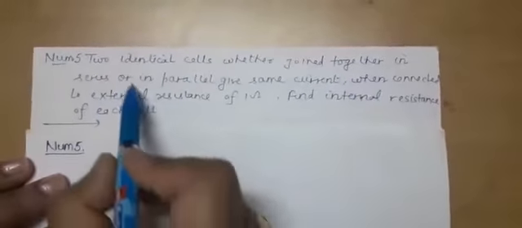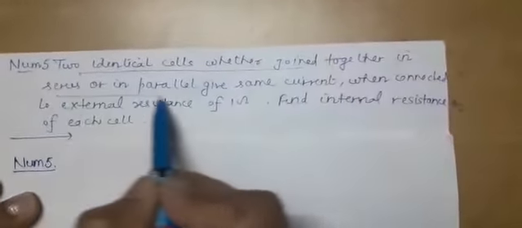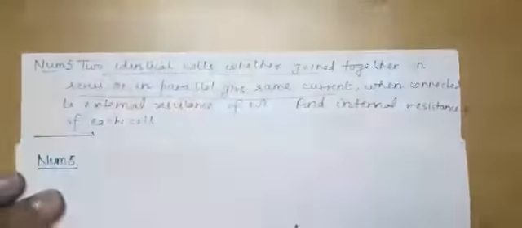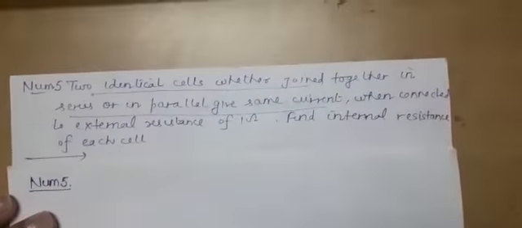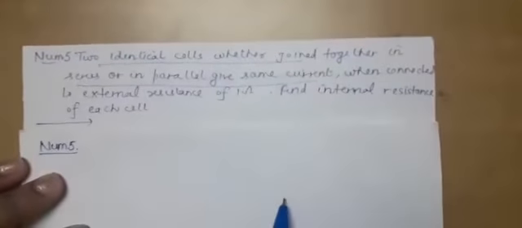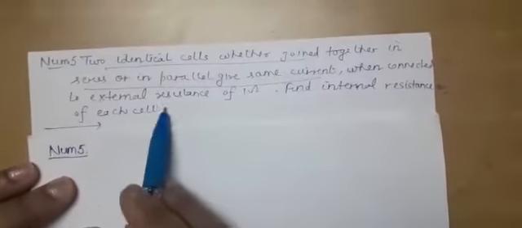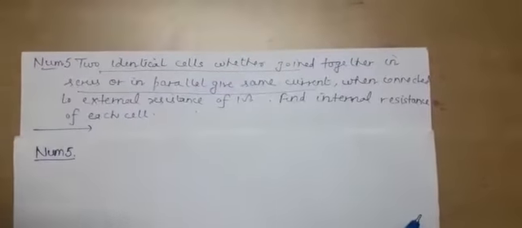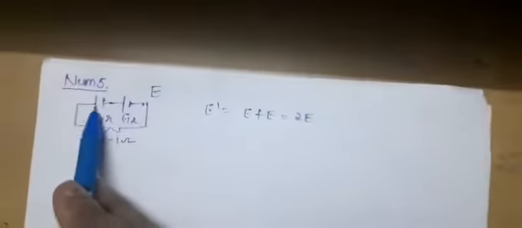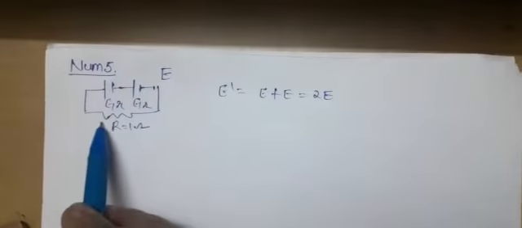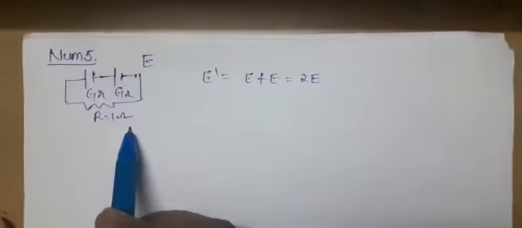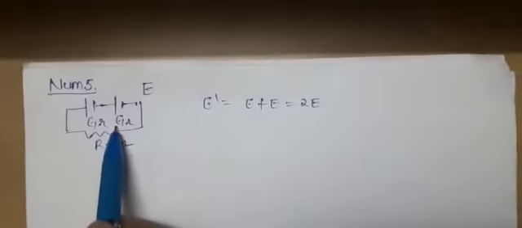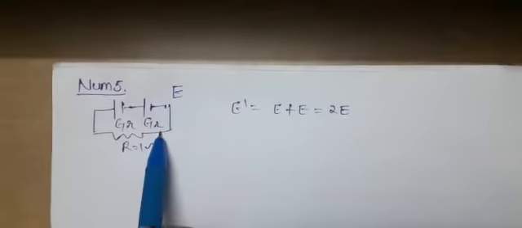So here the key point lies only in this statement. From here you are getting the condition that the same current is flowing for each of the combinations. When these are connected to an external resistance of 1 ohm, find the internal resistance of each. So as per the statement, the two cells are connected in series and this is connected to an external resistance of 1 ohm. If E is the EMF and r is the internal resistance of each cell,